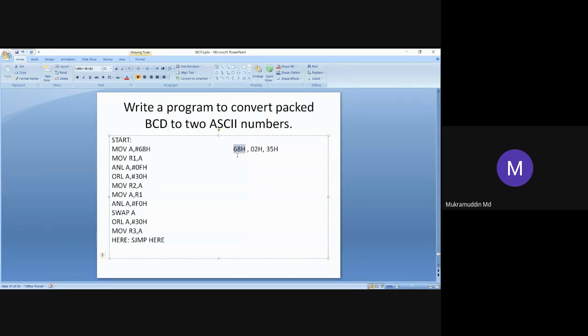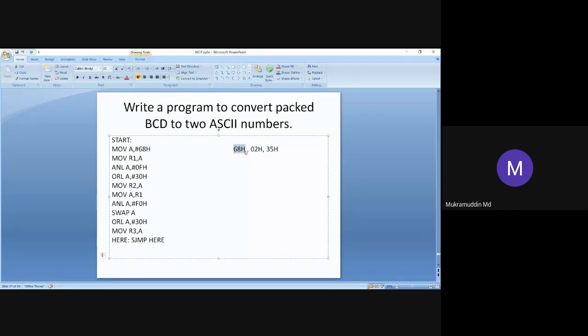Okay, so is it okay, what is packed and unpacked? Packed means a normal number, 68 is a packed. Unpacked means if we separate 6 from this and separate 8 from this, 68 is having two unpacked BCDs, one is 6 and one is 8.